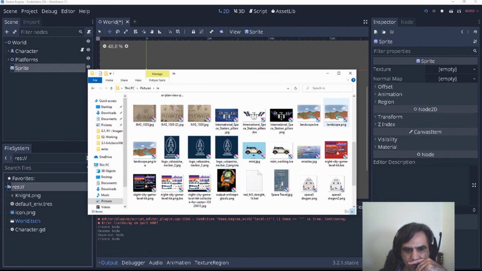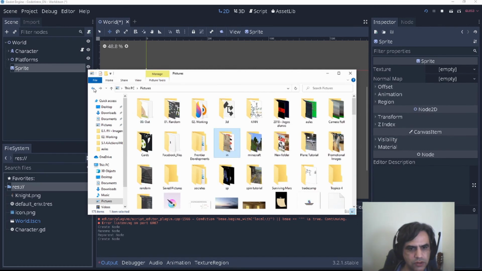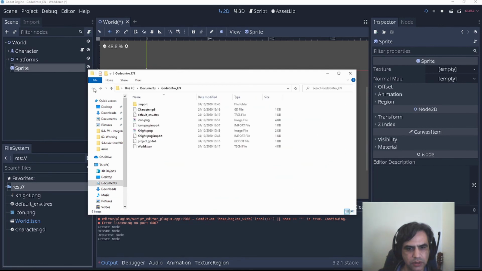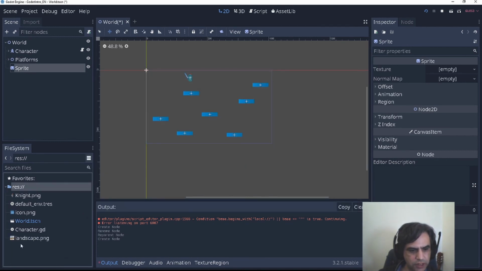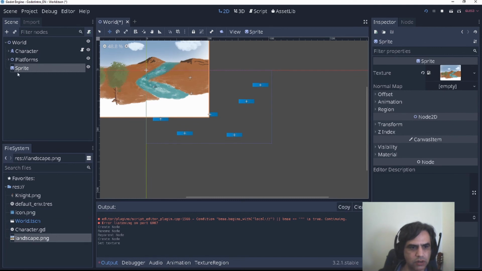Yeah, we can use this one. Let's see. So let's go for the directory of my project. It imported, and let's do something like this. We need to put this on the top.